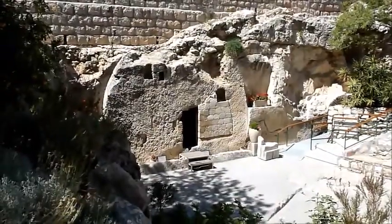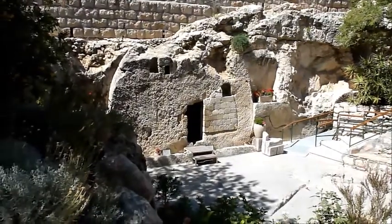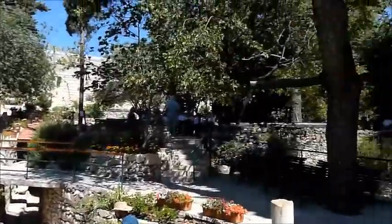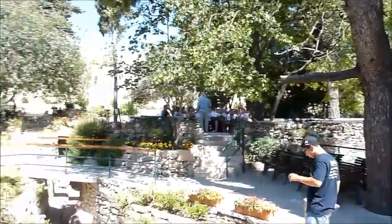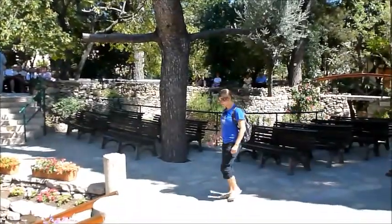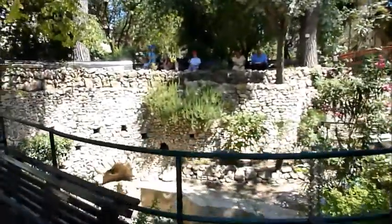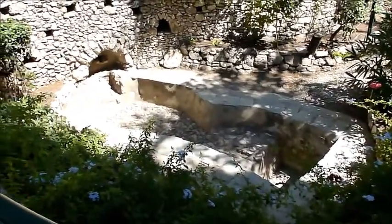So I am currently at the Garden Tomb, and this is the thought of place where Christ was buried after the crucifixion. The actual crucifixion would have occurred through the trees over there, not too far away. And over in this direction is a wine press that shows that there was a garden in this area. And as I walk over this area, this is the wine press, or the grape press, that would have